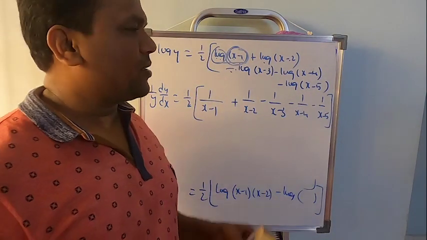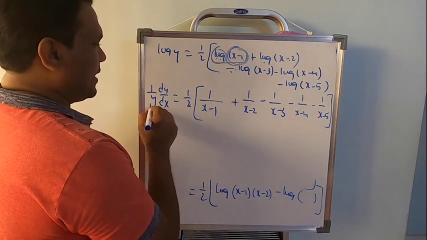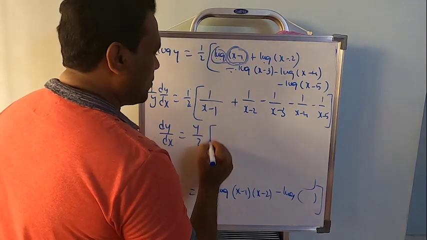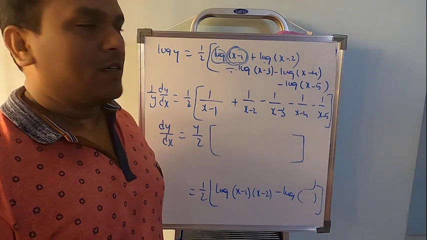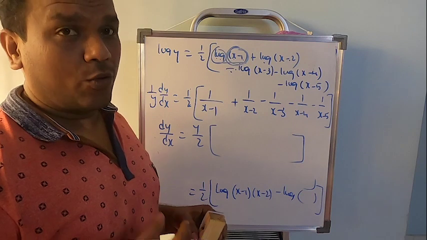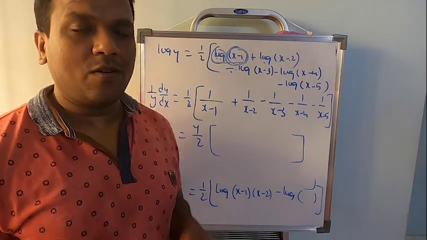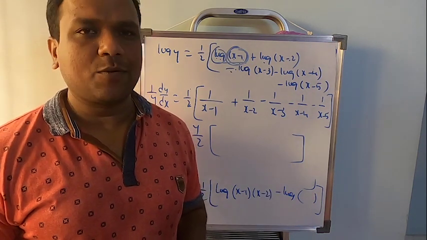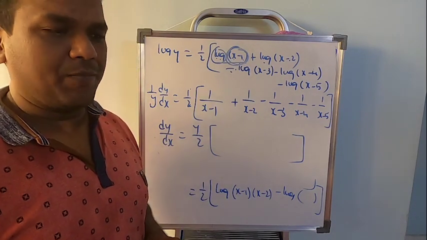Just look at the differentiation. It is so easy to do just with the help of logarithm. Now y has to be shifted here. So dy by dx equals y by 2 multiplied by the whole thing on the right side. So just observe, students, this is how it should be done. I told you in the beginning itself, it can be done using the chain rule directly. First take it in the form of square root of x, afterwards apply the quotient rule. Tedious procedure, skip. Take the help of log, it can be done very easily.